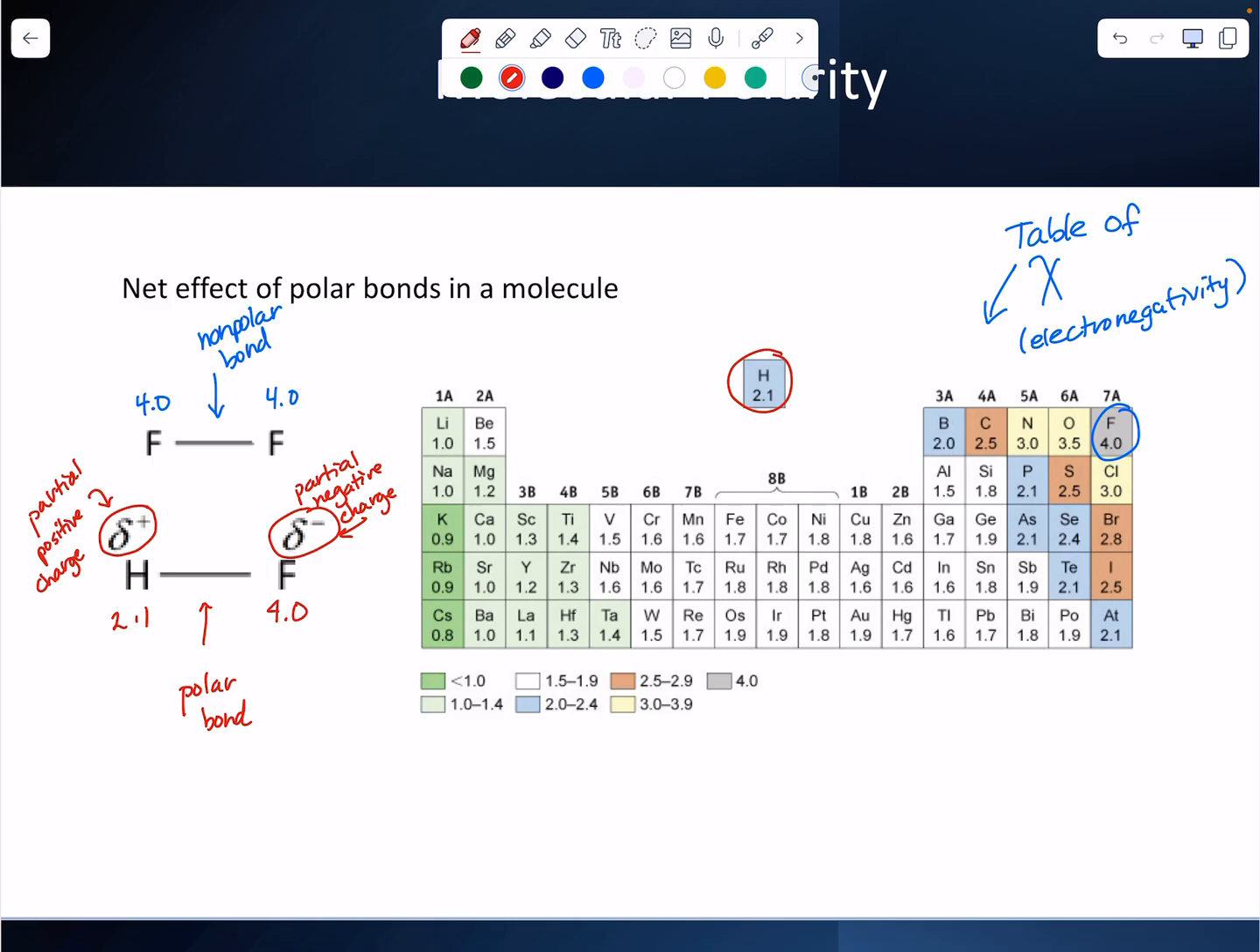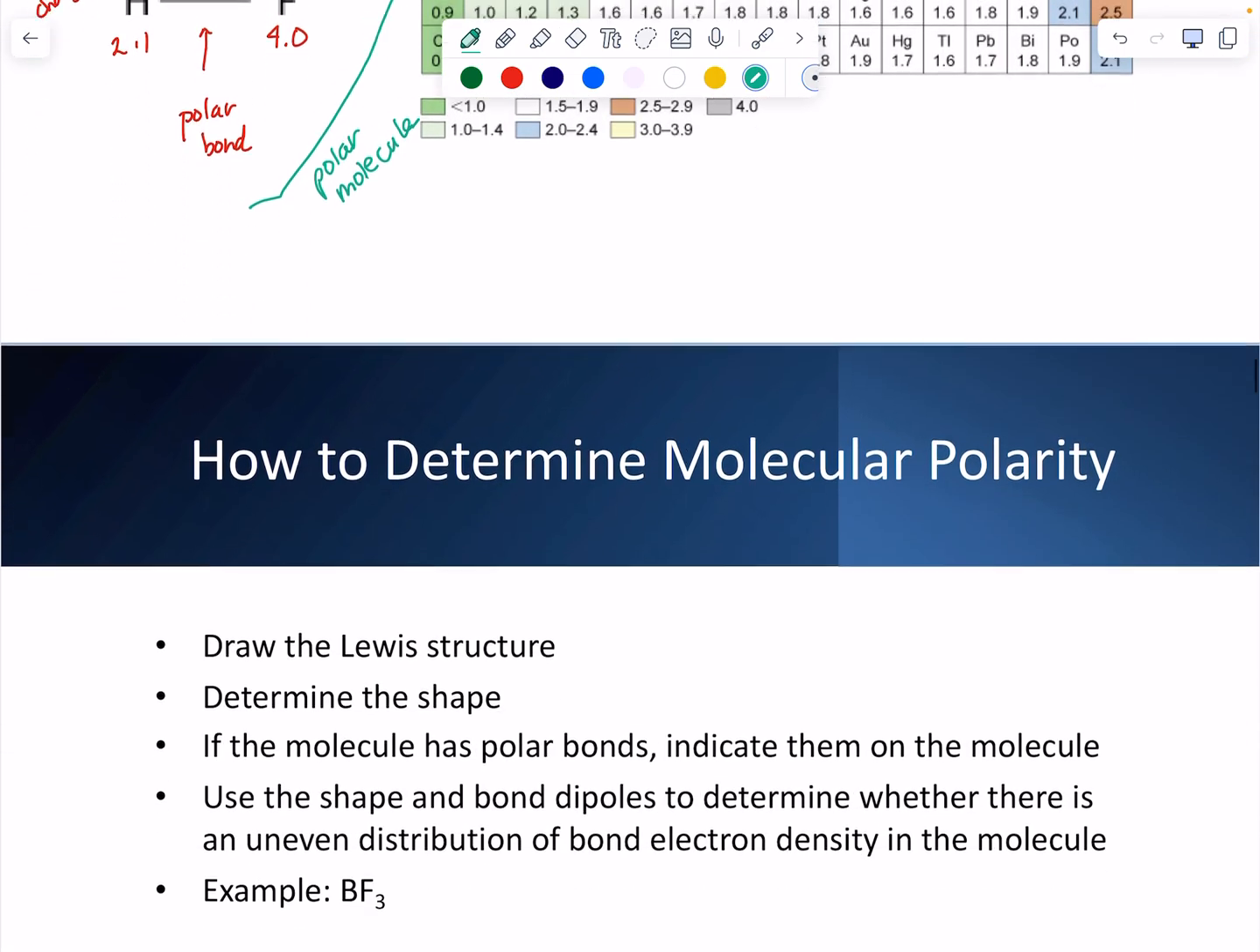All right, so we've got these two molecules. One has a single nonpolar bond. The other has a single polar bond. So in terms of the molecules themselves, we could say that this molecule is nonpolar, and this is a polar molecule. But it's not always that simple. Sometimes we have more atoms and we have to actually look at what the geometry of